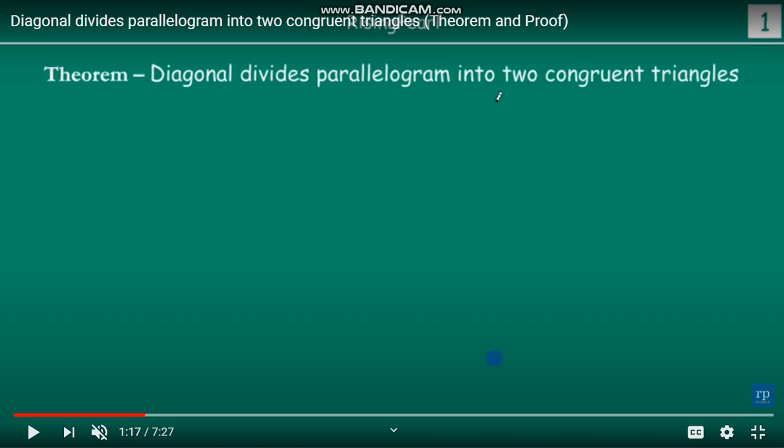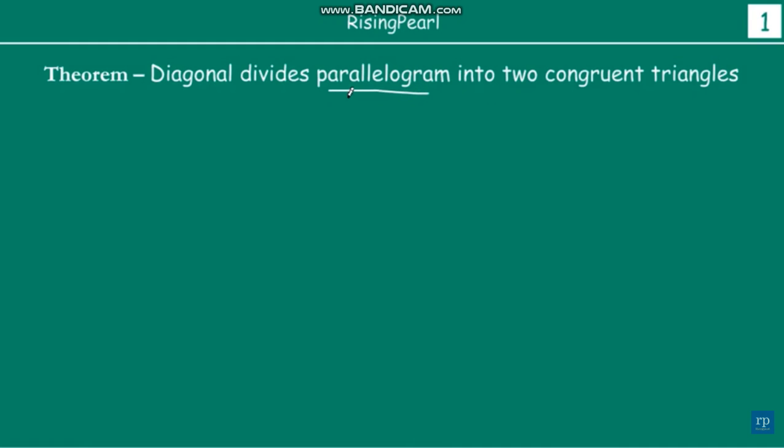That much we know. For this property of parallelogram, we can solve three theorems. Of these three theorems, today we will discuss the first theorem, that is, a diagonal divides a parallelogram into congruent triangles. So when you cut the parallelogram, it forms two congruent triangles. This is the proof we want to prove.